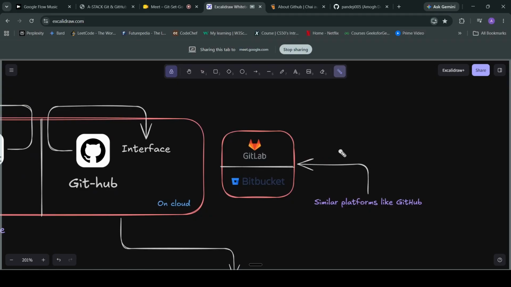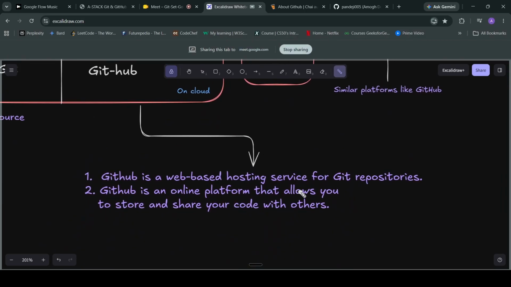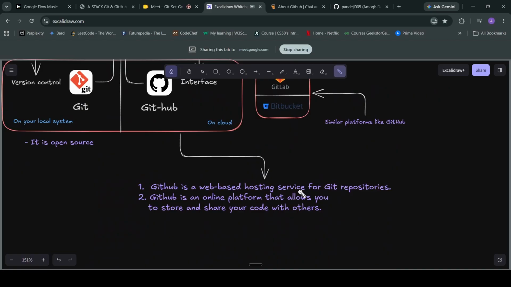Okay. So these are similar platforms like GitHub. So what actually is GitHub? GitHub is a web-based hosting service. It hosts your Git repositories on the internet. If you are getting confused about repositories, a repository is nothing but a different name for folders.